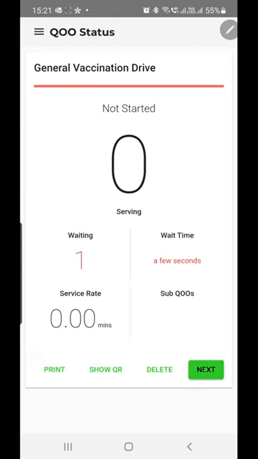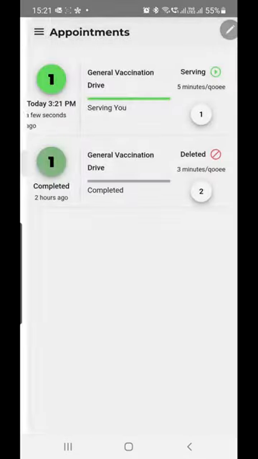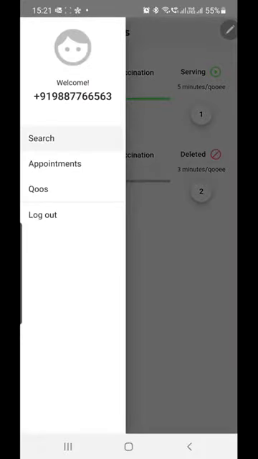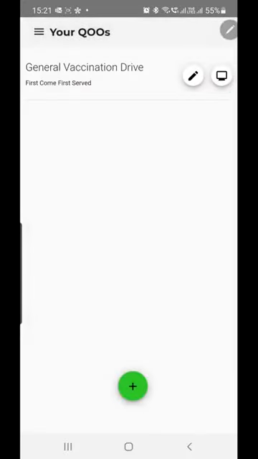So since I've chosen manual, I have to press next manually. So I pressed next, and then you can see we are serving the first person. And if I go to the status in my appointments, you see that it has turned green, and I'm being seen. All right. So let us go back to the status screen.